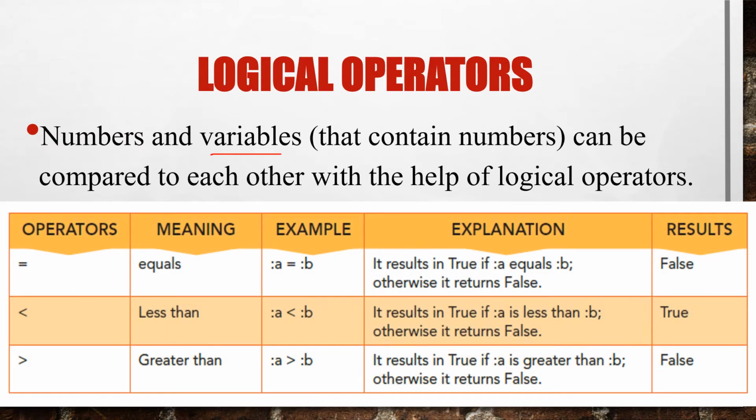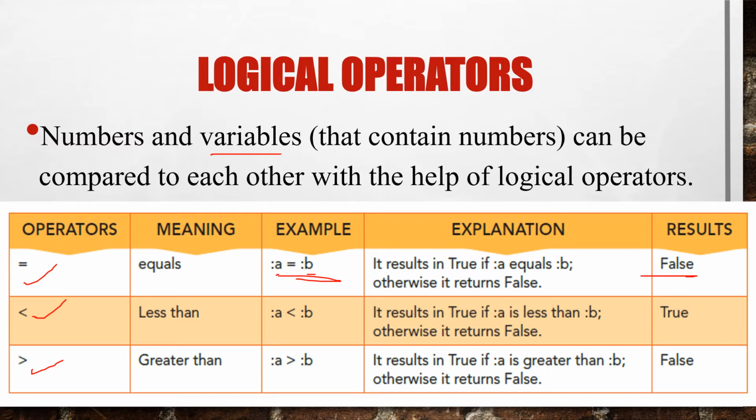There are different logical operators used in Logo, that is equal to, less than and greater than. So already in maths also you have learned this, right? See, for example, there are two values a and b. These are the variables. Suppose a is 5 and b is 7. Now see whether 5 and 7 are equal to, no, right? If a and b are equal to, then the result will be true. It's not equal to, 5 and 7 are not equal. So the result is false.